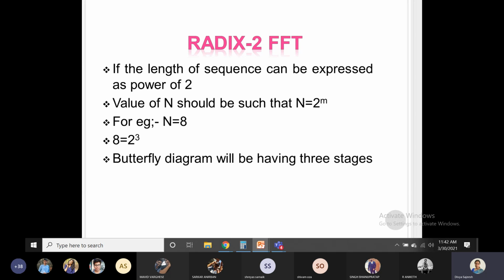That N we are going to write in terms of a power of 2. So N will be written as 2 raised to m. If the number of frequency components required is 8, then 8 can be written as 2 cube. So we can make out that there will be 3 stages in the DFT process. To obtain the DFT, we require 3 stages. Each stage we will develop with the help of our basic building diagram, that is the butterfly diagram.